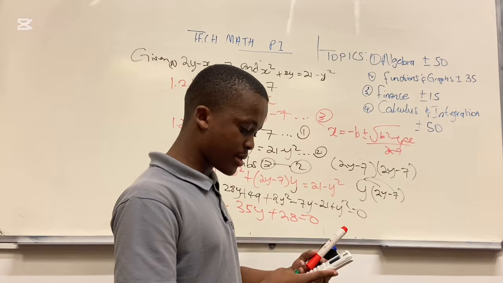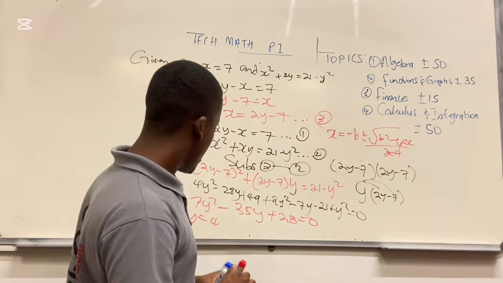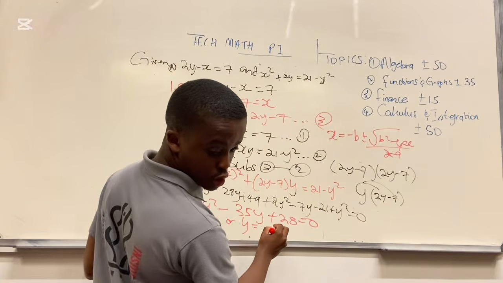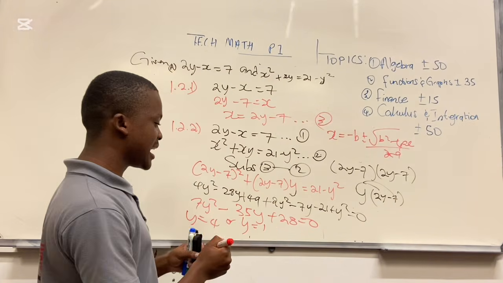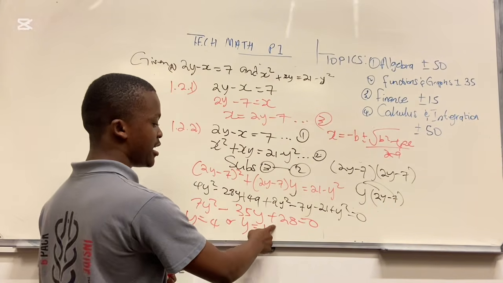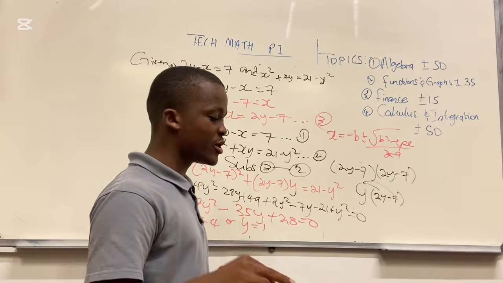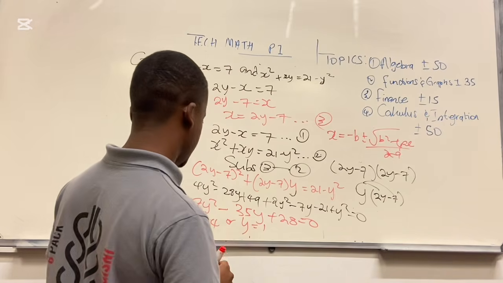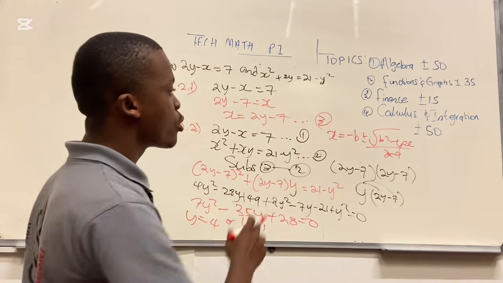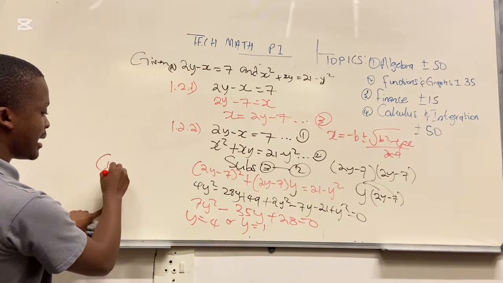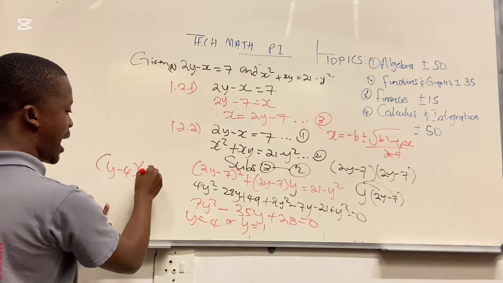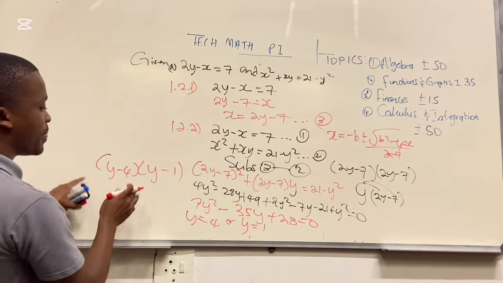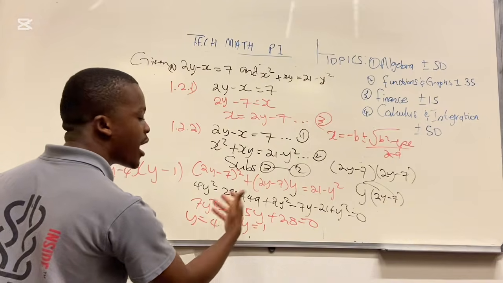Because we are working with time, we then get y is equal to positive 1. It makes sense because our c is positive. If our c is positive, that means we are going to use the same signs. So what do you get from the quadratic formula? You get y minus 4, and y minus 1. So you get y is equal to 4 and y is equal to 1.